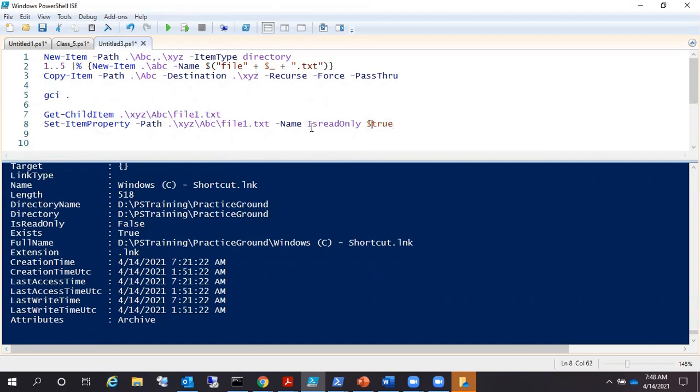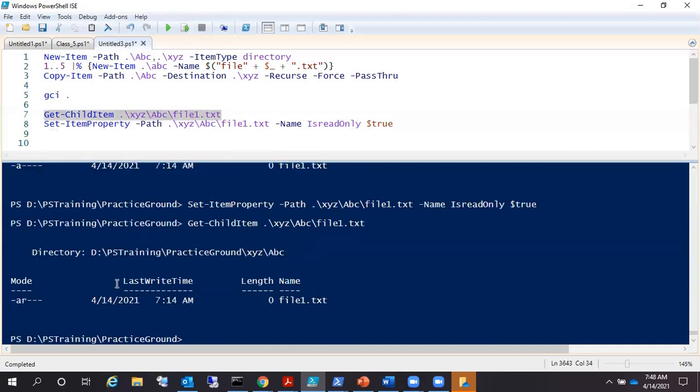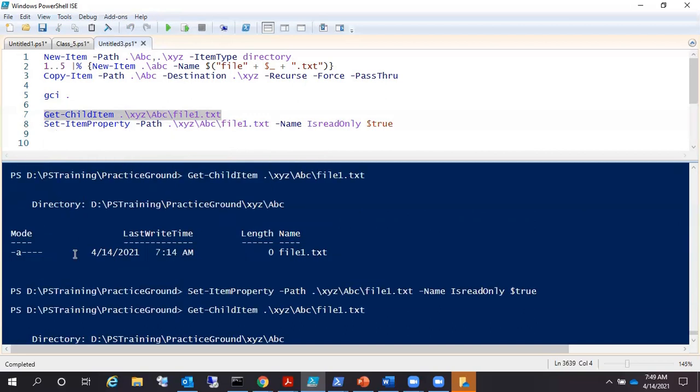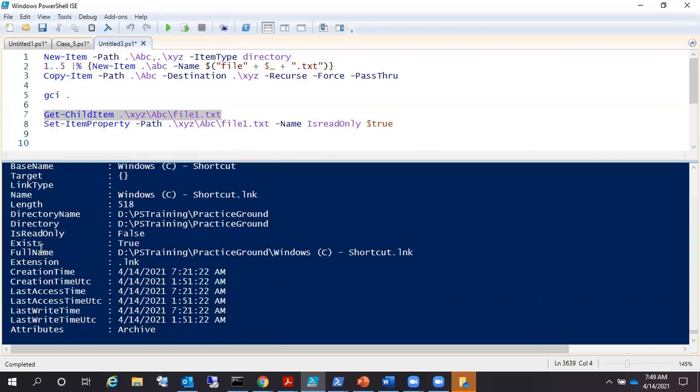Is this file read only? True. Yes. So if I run this command, and then run the listing command again, can you see this time AR, which means this file has become read only. Can you see? Yes. So these are the options for how we can make a file read only or maybe hidden. In case we want to make some file hidden, we are not seeing any such option over here, right? We are seeing only the option for read only.